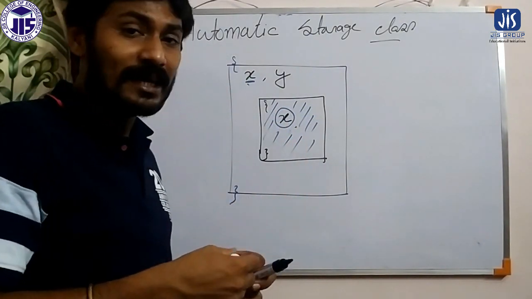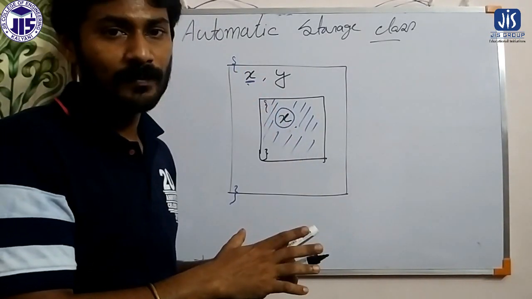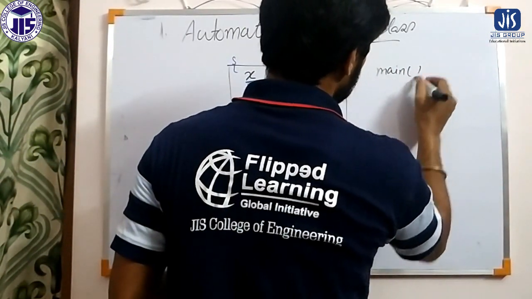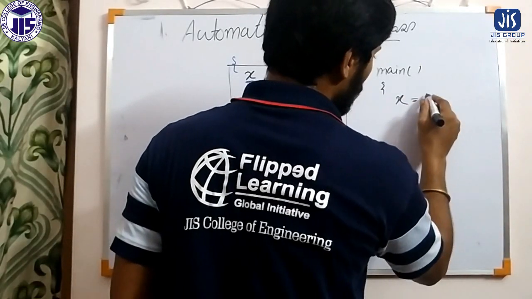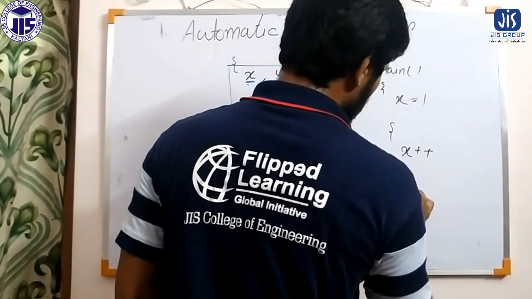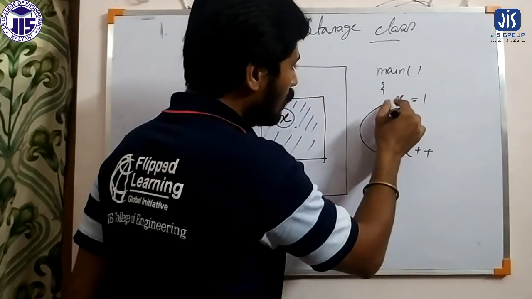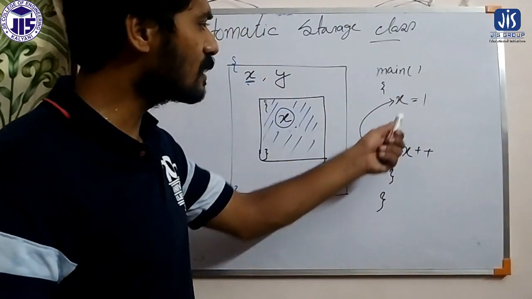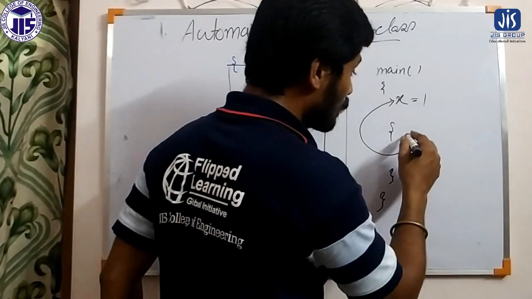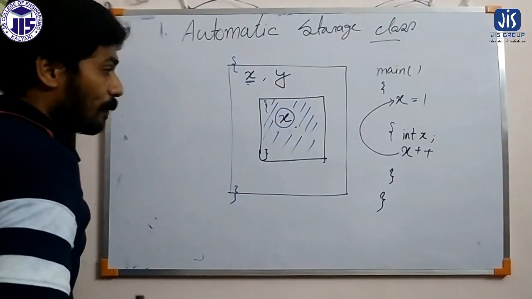But if we declare a variable with the same name inside the sub block, then that variable will get the priority. What I want to say is that in main we have an x variable, okay, that is 1 for example. Now within the sub block, if I write x plus plus, then this operation will be performed on this x, because this x and this x are the same, we have not declared here. But if I declare another x variable here, that is int x, now this operation will be performed on